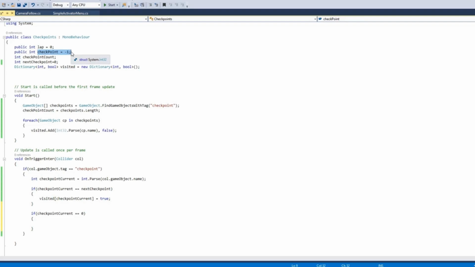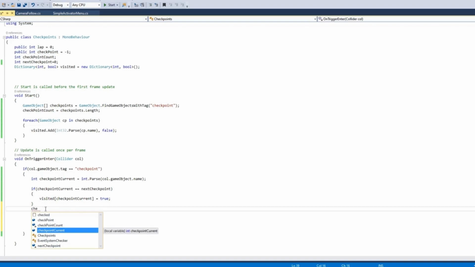So this checkpoint has been initialized as -1. So we will say checkpoint is equal to checkpointCurrent.